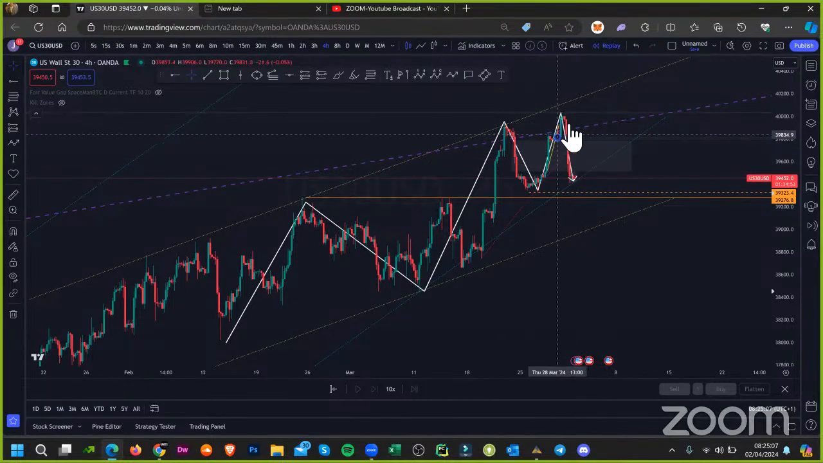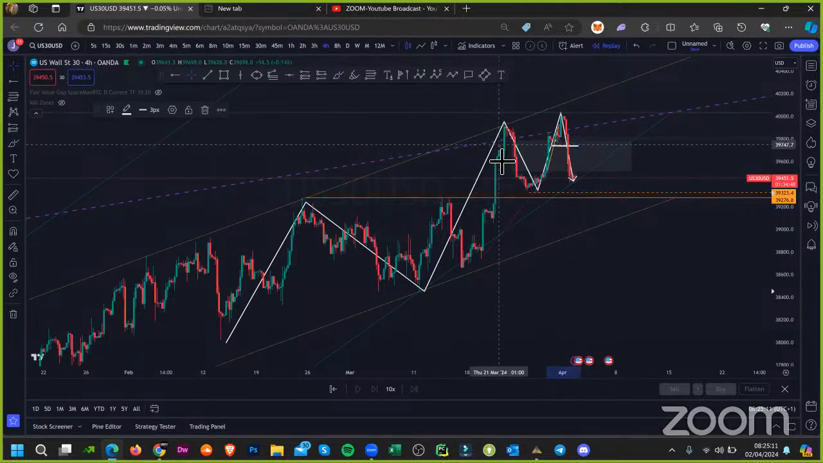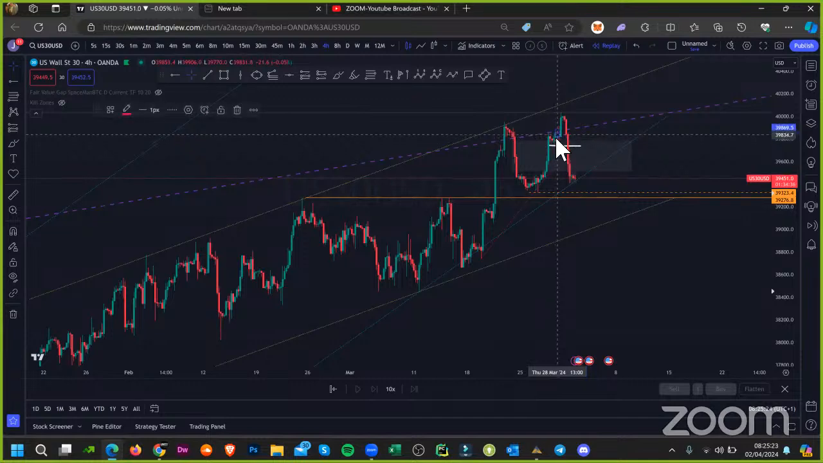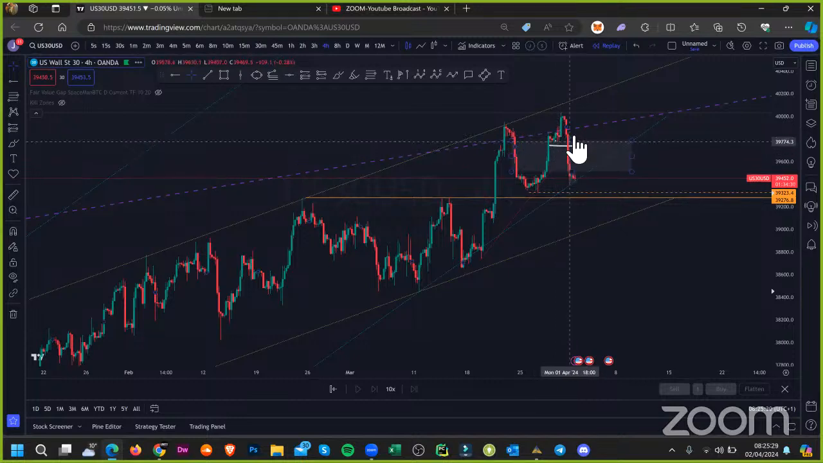Yeah, we've broken some structure here. Have a look on the 4-hour. If I get rid of these lines here, we have broken this little level of structure that was in here. Okay, I'll get rid of this as well, and there's some stuff in here I'll get rid of. All right, so we have broken this level of structure, but this push down here, we may see, in my